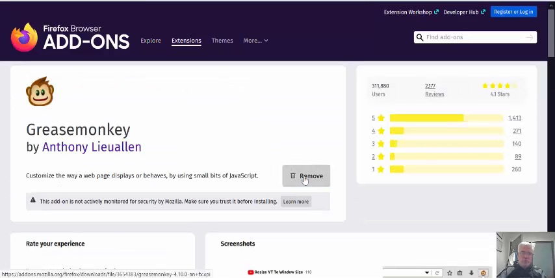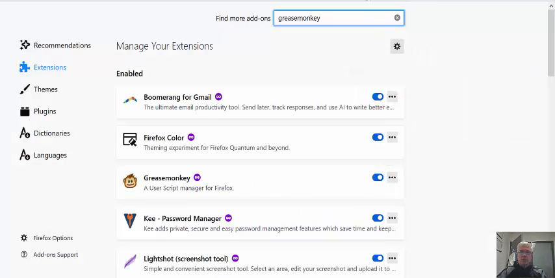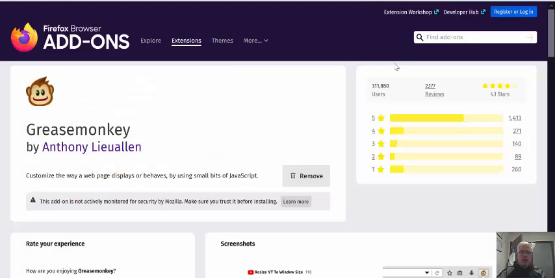Now here it says remove because I already have it added. But if you don't have Greasemonkey already installed, it would say install here. You click on that. It would install into your Firefox browser, and you would restart your Firefox browser, and Greasemonkey would be installed. Once you've got Greasemonkey installed, then the next thing we need to do is we need to find the right scripts to add